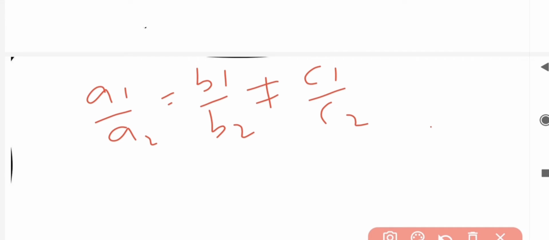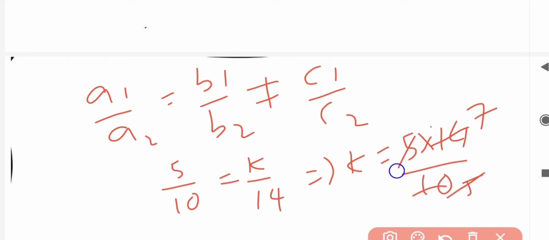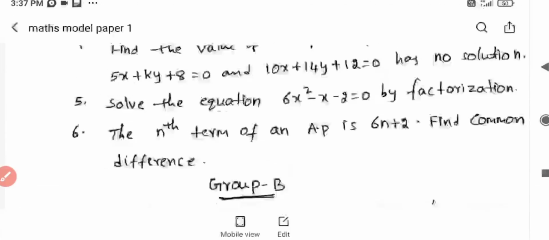So what is a1 value? 5 by a2 value 10, b1 is k, b2 value is 14. Then k equals 5 into 14 by 10. 2 fives are 10, 2 sevens are 14. So k value is what? 7. Okay. Next,